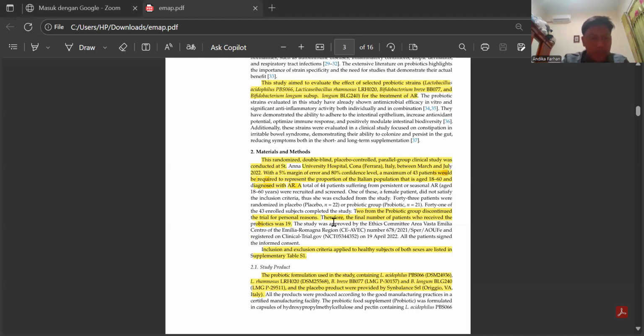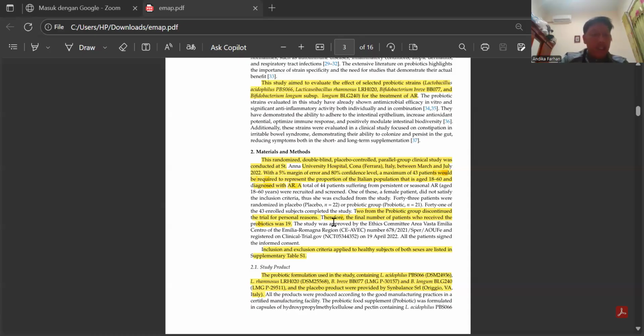We're going to item 5. The interventions are clearly described, including the dosage and bacterial strains used. Item 6A, the primary and secondary outcomes are defined, including symptom scores and microbiota analysis. Item 6B, there is no information on any change to outcomes after the trial began.